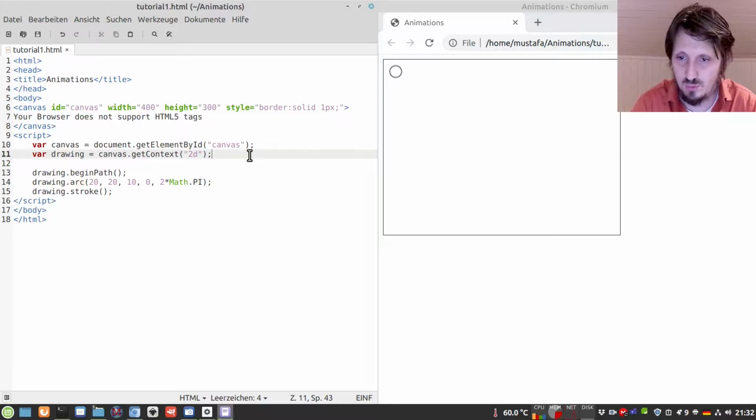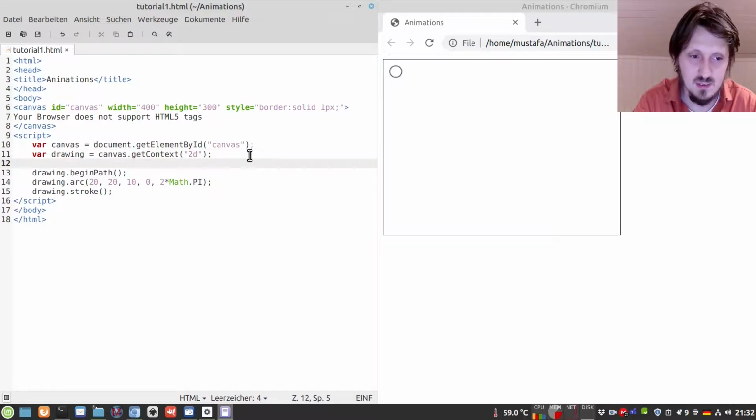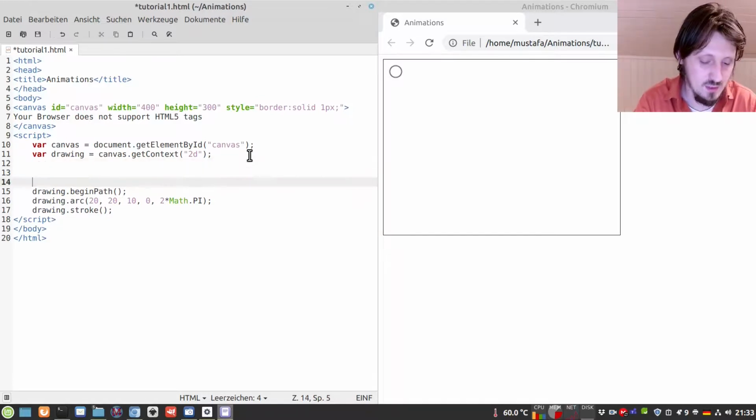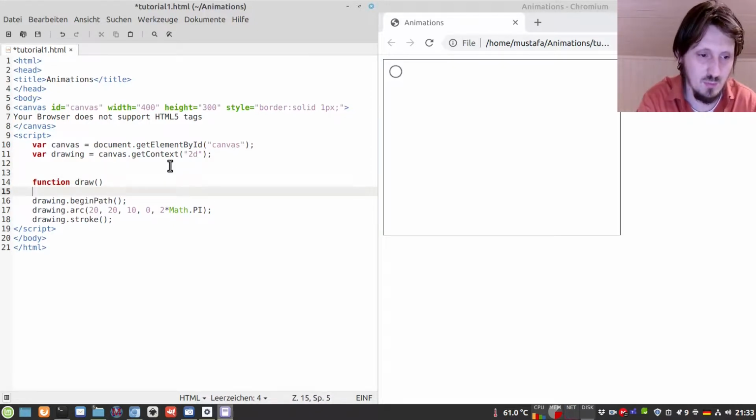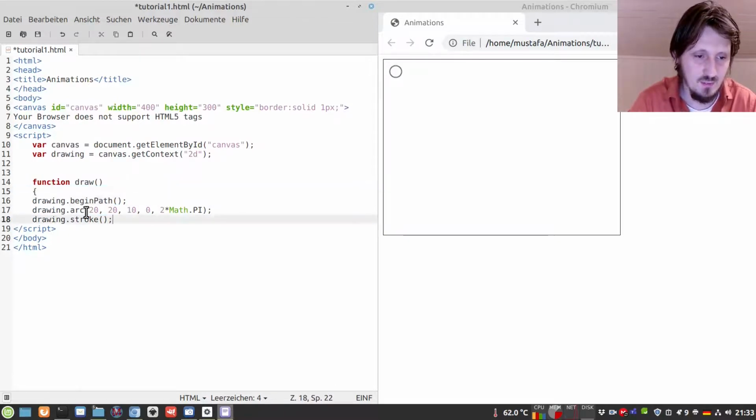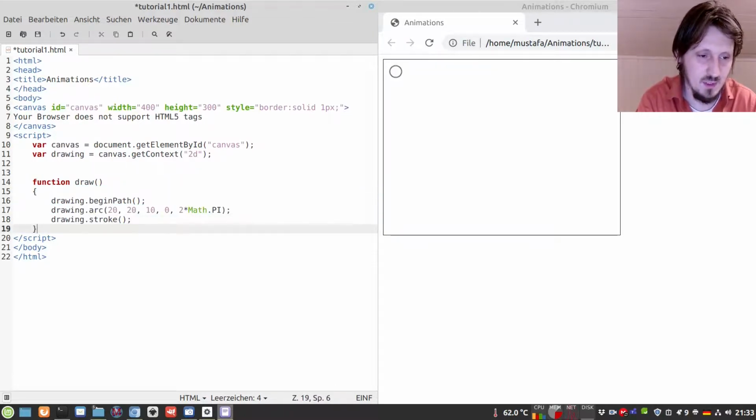But drawing is not enough for us, of course, because we also want to animate this drawing. In order to do that, I would like to put some things into separate functions, because then it will be a little bit easier to access. But you will also see that it's not very complicated, and with a few lines of code, we can actually create this animation. So this part here I would like to put in another function, which I would call maybe draw, because whatever we draw, we will put into this function. And then we can just make an indent here.